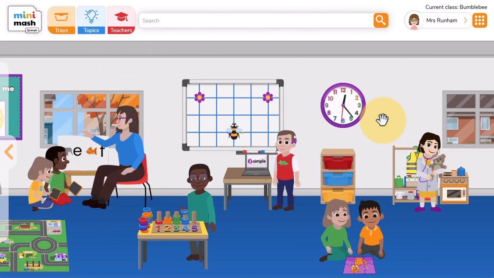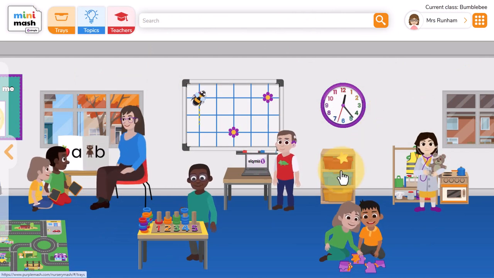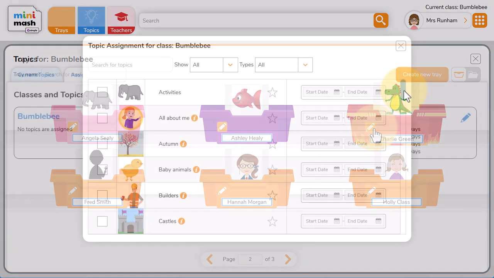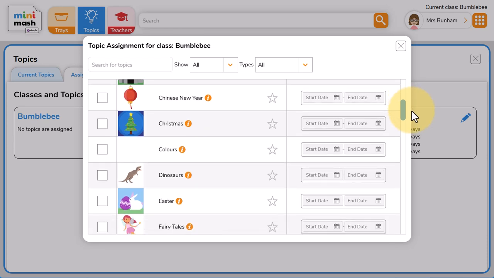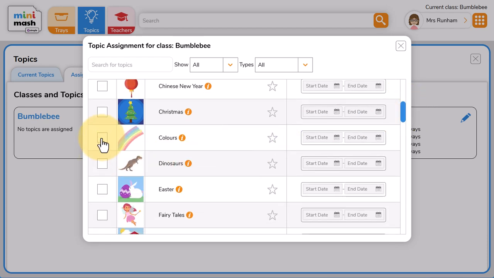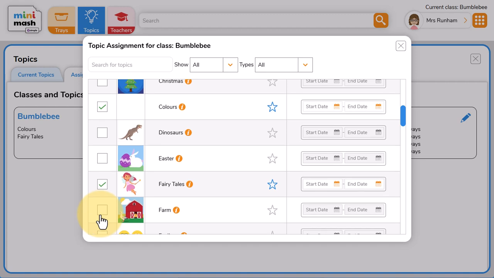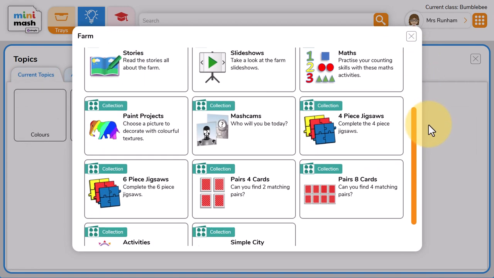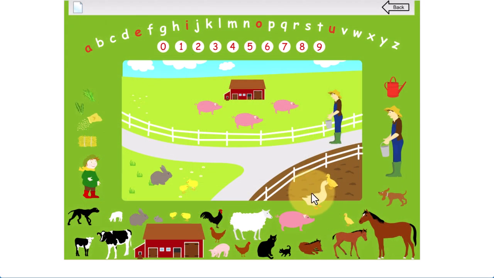Children also love to view work that they've made in their Trays, which can be completely customised. You can also choose topics to assign to your class. Let's do colours, fairy tales and farm. These are collections of further resources that will support your topic. Duck, in this one, I can make my own farm. Pig,